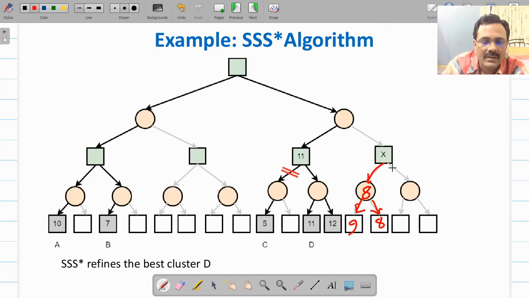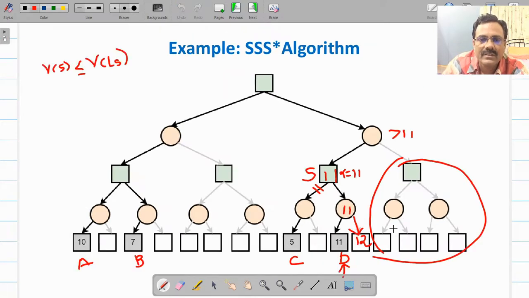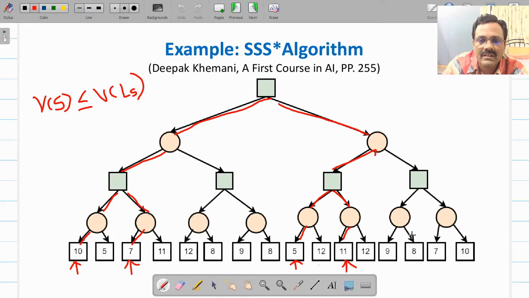Now it will come here, this will be your value of beta. Now here you will have the value of alpha. Alpha is 8, it is getting 8. If it's greater than 8, then it will evaluate this. So it will come down, check this left part, this node will be evaluated. The value of this node is 7.